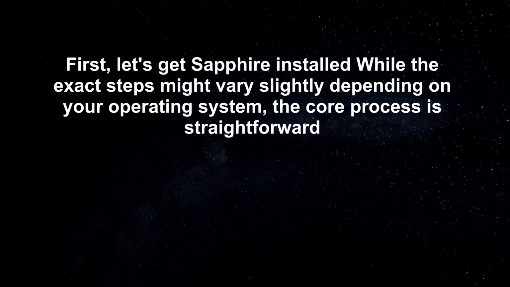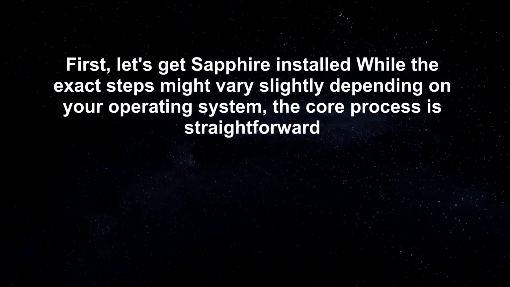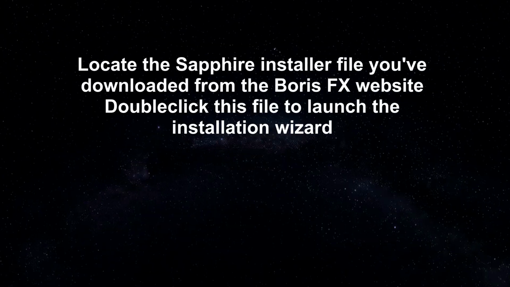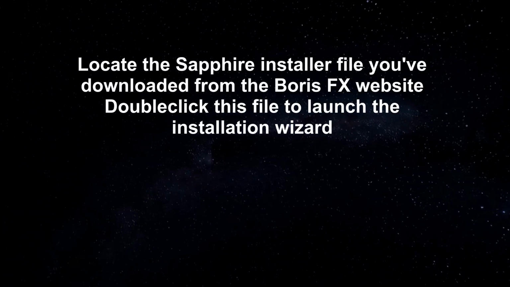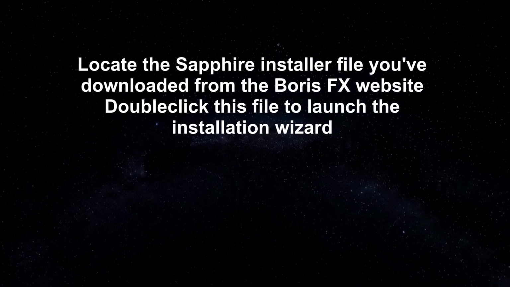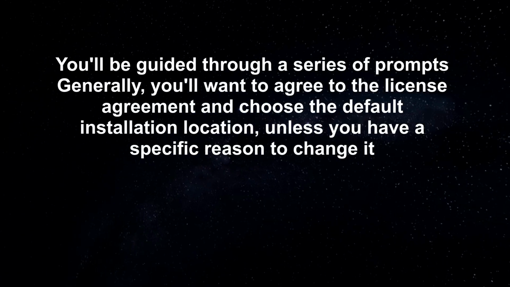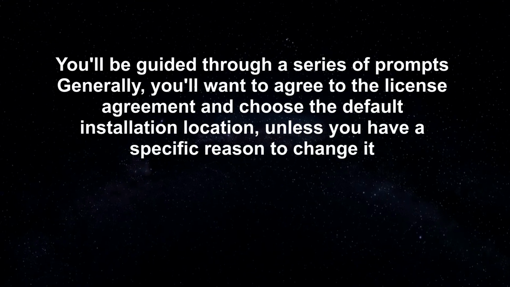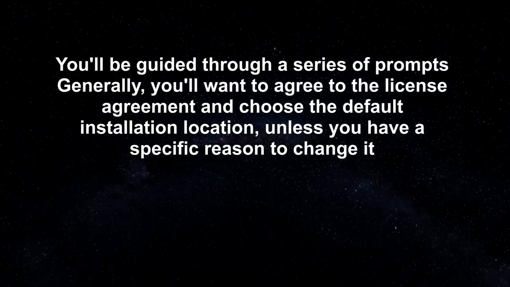While the exact steps might vary slightly depending on your operating system, the core process is straightforward. Locate the Sapphire installer file you've downloaded from the Boris FX website. Double-click this file to launch the installation wizard. You'll be guided through a series of prompts. Generally, you'll want to agree to the license agreement and choose the default installation location, unless you have a specific